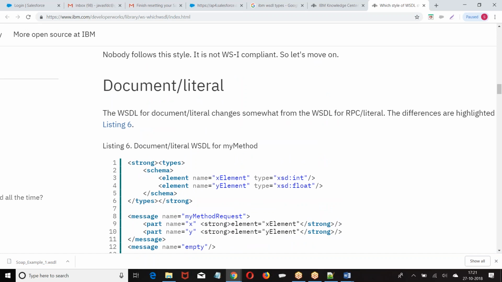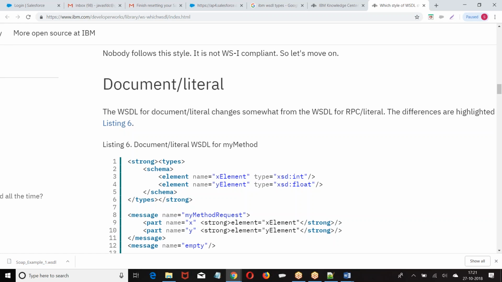When you go to document literal, here we don't mention the element type straight away. We say X of type A, Y of type B. What is A? The meaning of A is defined in a schema. Previously, people used DTD. Now we are using schemas. So X is of type A, Y is of type B. In the schema, I define A as integer, B as decimal. In the body, I am saying, boss, the definitions of X and Y are in the schema. Go to the schema and find out.